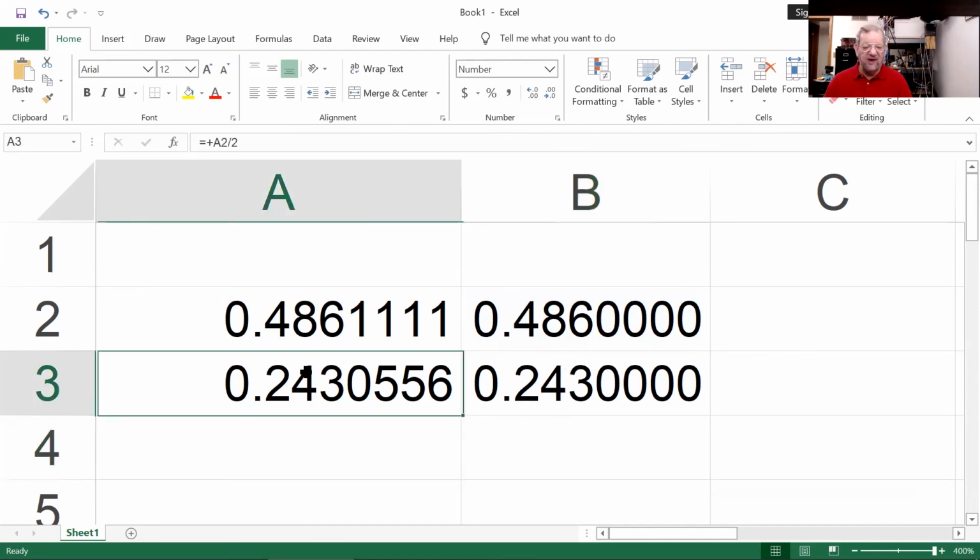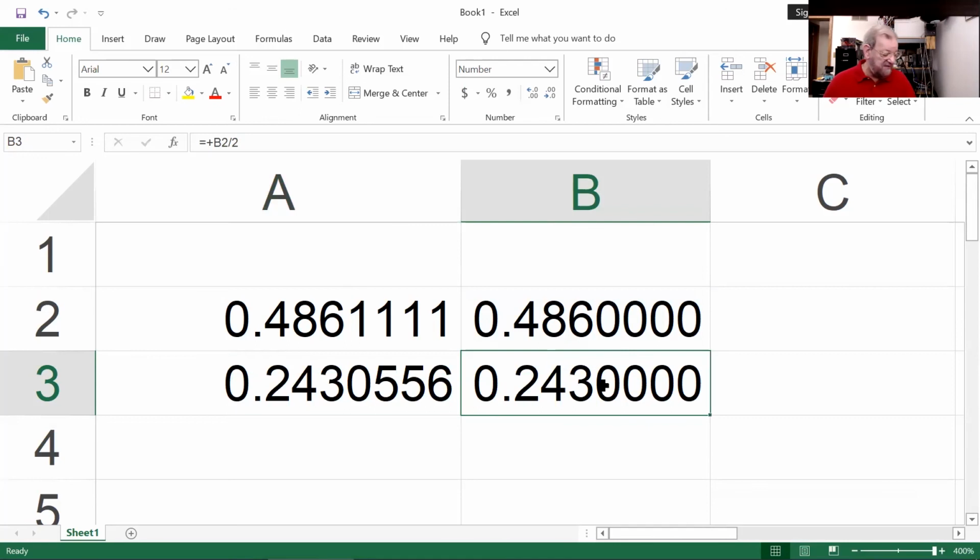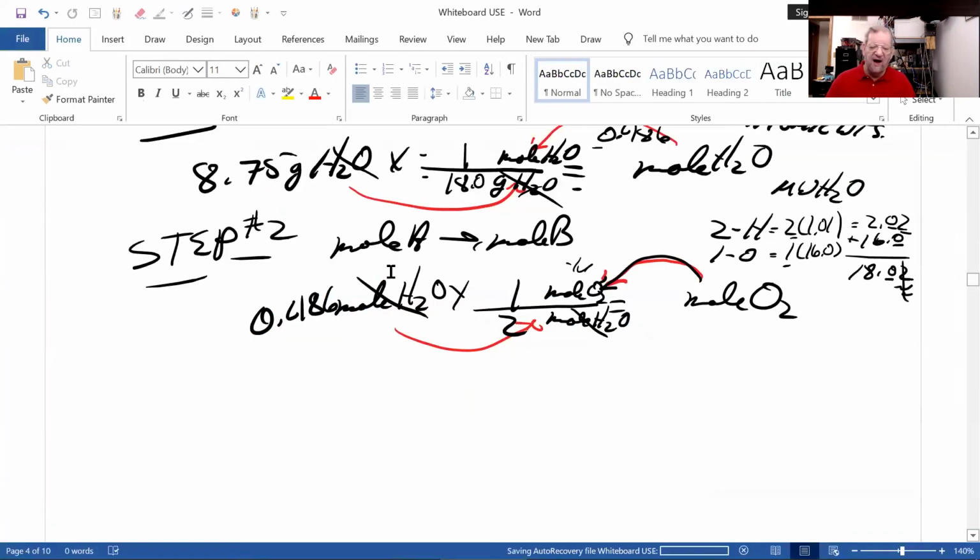And here are my 2 answers. Column A, I'm going to wait till the very end. Column B, I round off at each step, 3 significant figures. That would be 0.243. Am I done? No. I'm going to go about a minute over. Hang in there for me, please. So now I put in 0.243 moles of oxygen. And now I need step number 3,